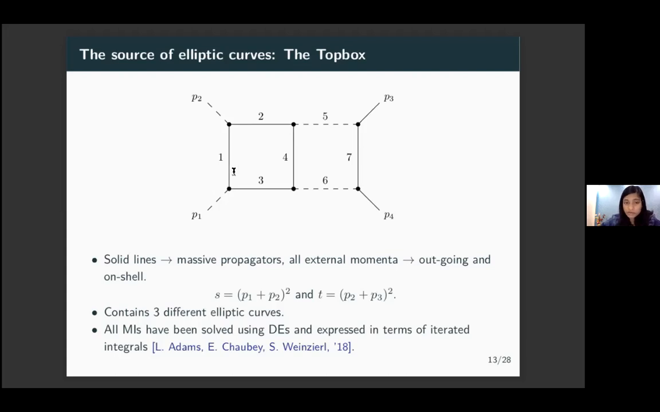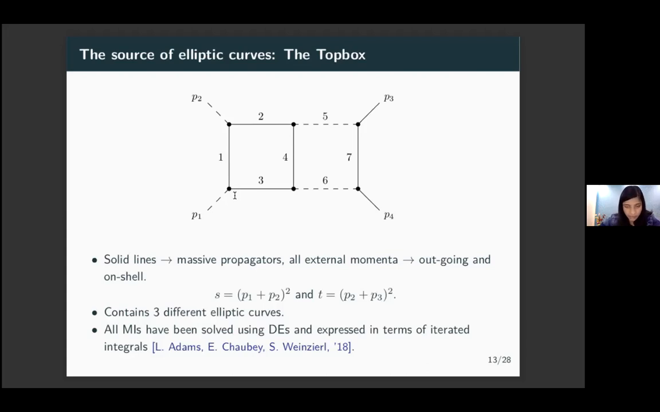Because of the top loop, I'm including all the external momenta as outgoing and on shell. And I have two invariants, two Mandelstam variables, S and T. I can use X and Y, for example. And this was actually shown by me and my collaborator in this paper, that this was evaluating to 3